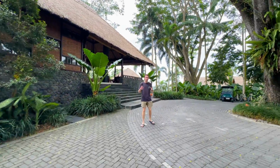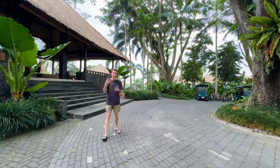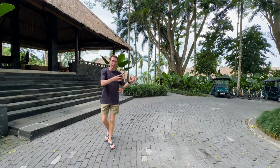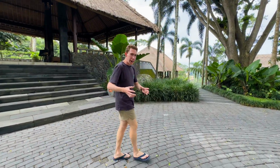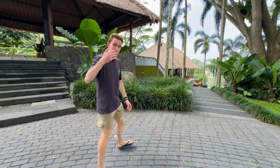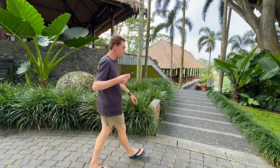And welcome to the Alila Resort here in Ubud. This is the third Alila property we've done, starting with Seminyak Alila, Uluwatu Alila, and now Ubud Alila. This is with World of Hyatt. I'm with my Globalist friend, and this is also our 5th luxury hotel out of 7 we're doing in Bali